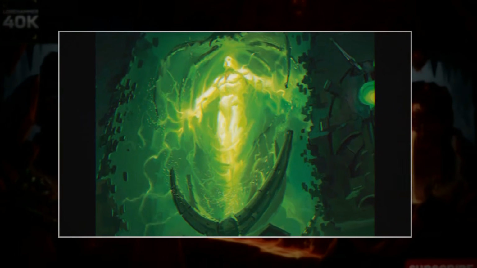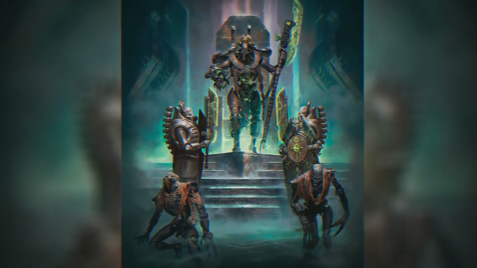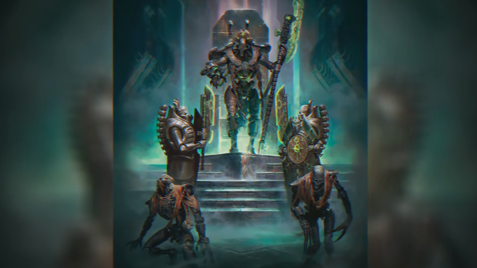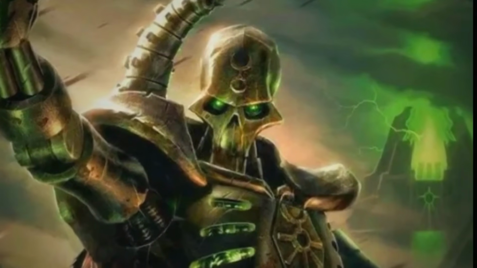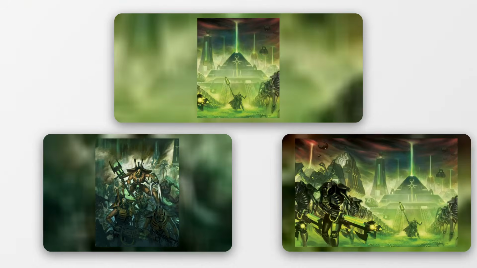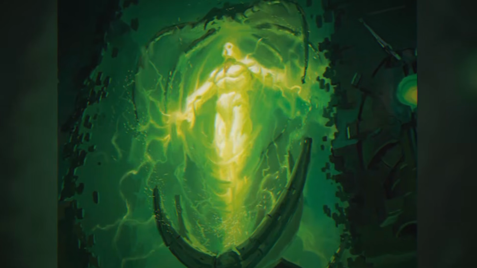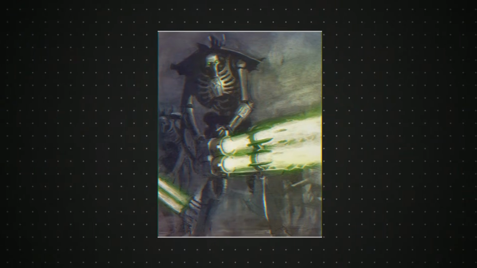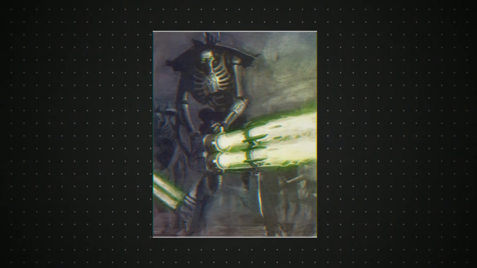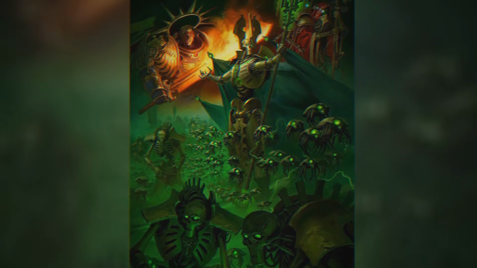They intended to create an army of immortal slaves, beings with all the intelligence and skill of their mortal forms but none of the free will, none of the soul, none of the capacity for true independent thought. Zarek watches as his people, once a proud civilization of scientists and artists and philosophers, become little more than automatons carrying out the C'tan's will. He sees dynasties that once competed for prestige and power reduced to mindless obedience. He realizes that the C'tan have not just taken their bodies but their very essence, their capacity for growth and change and meaning. The immortality they were promised is a curse, an eternity of servitude with no hope of escape, no possibility of death, no chance of redemption.